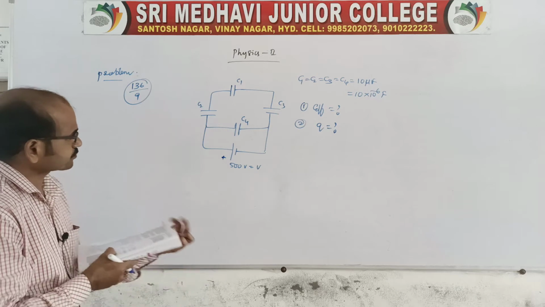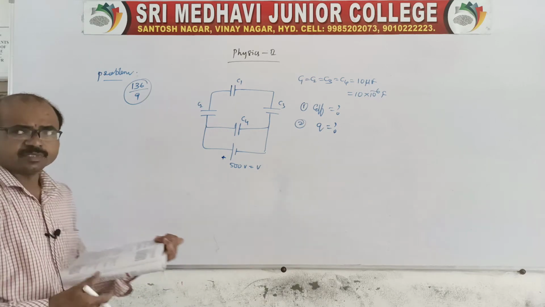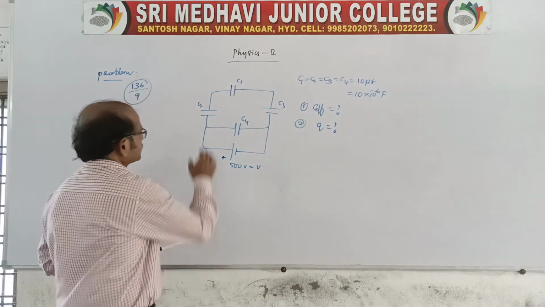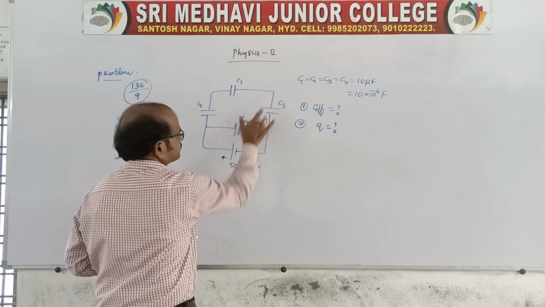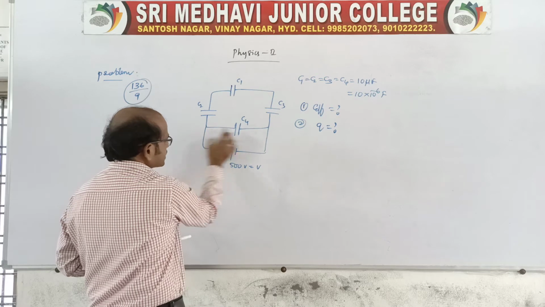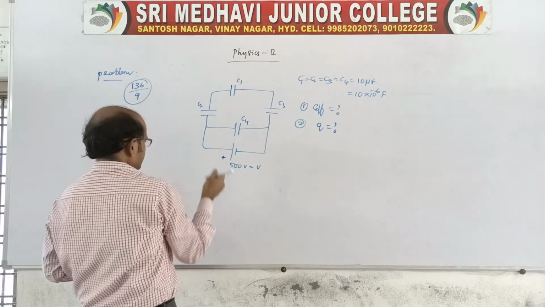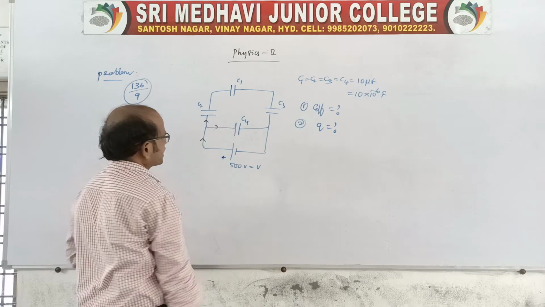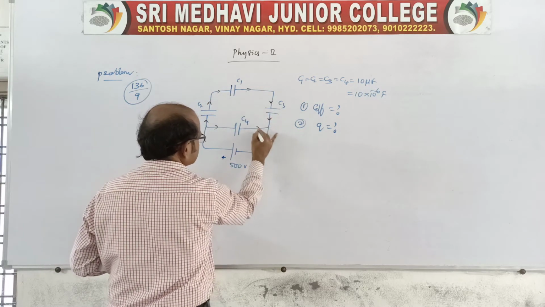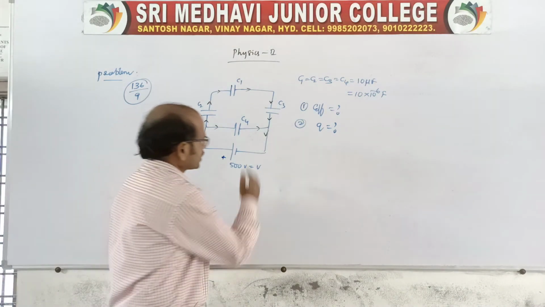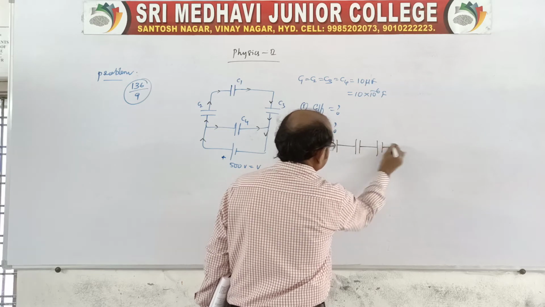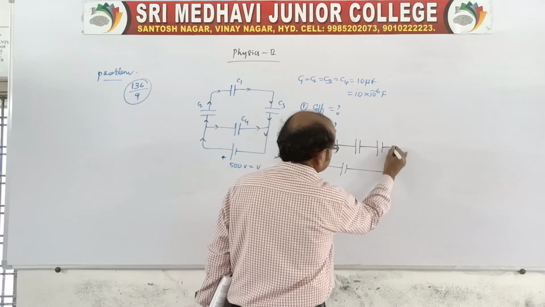First of all, you see the diagram. Everyone concentrate on the diagram. What is there in the diagram? First you look at these three, they are in series, right? 1, 2, 3 are in series, because here is the junction, so the charge enters at this point and may be divided like this. Through this, whatever charge flows, of course it comes like this. So by using this, first of all you draw an equivalent circuit. Yes, you take it like this, and this is to be connected like this.